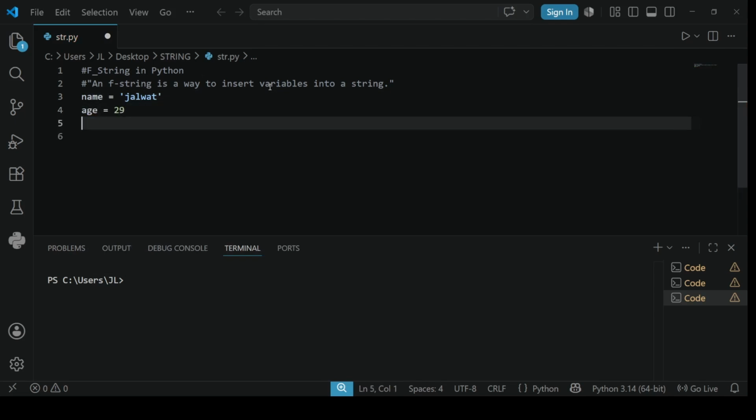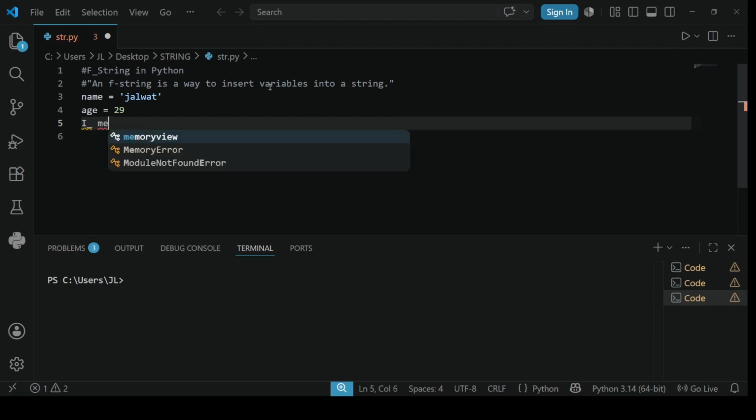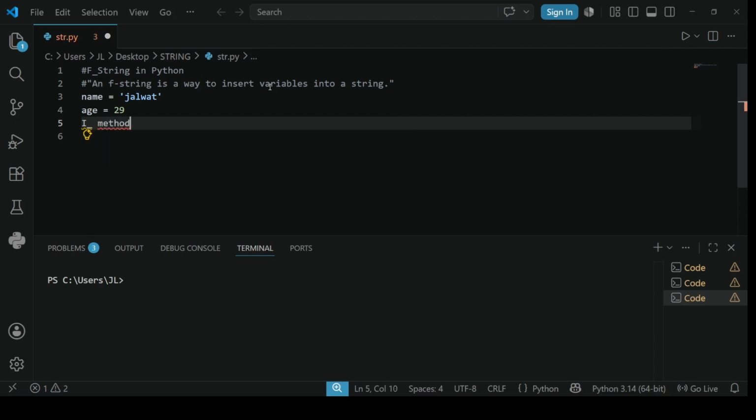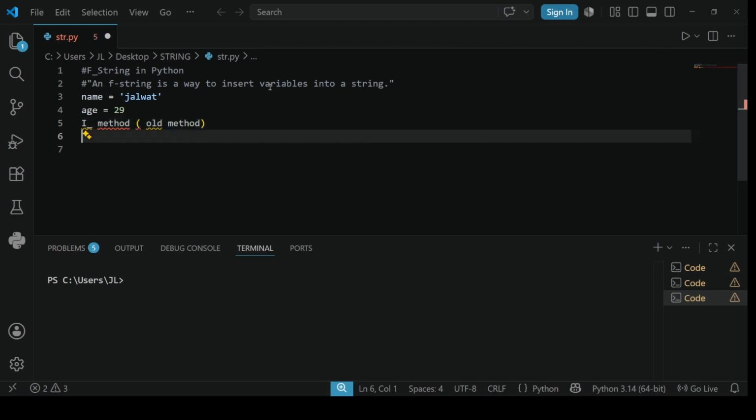Now I will use the first method, which we call the old method. So now we are going to print the name and age